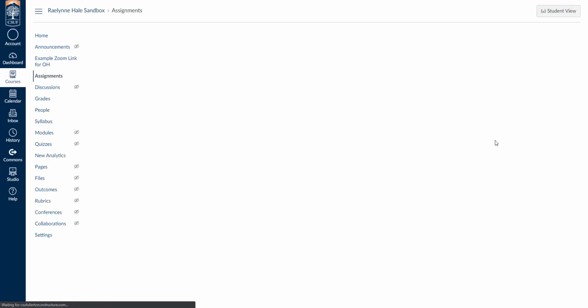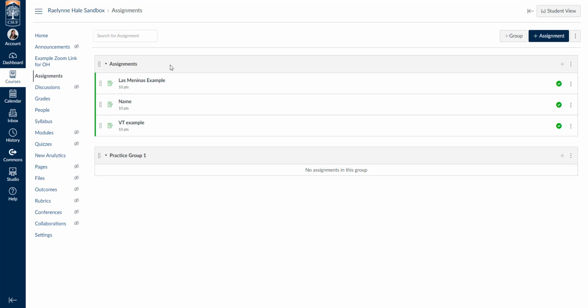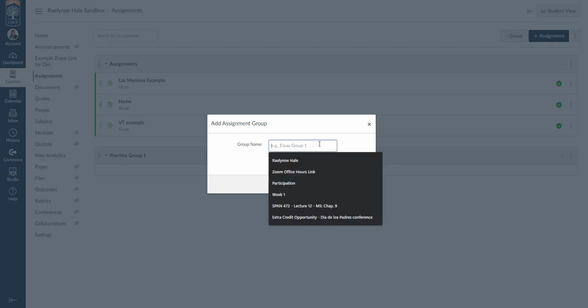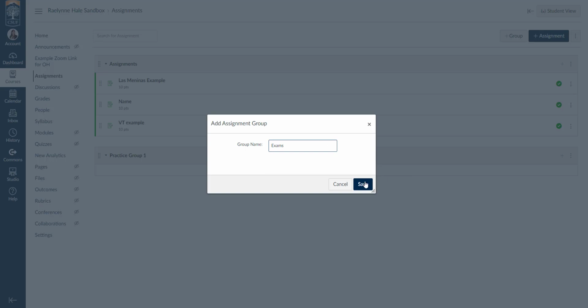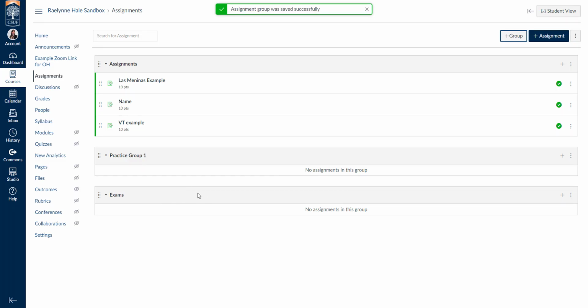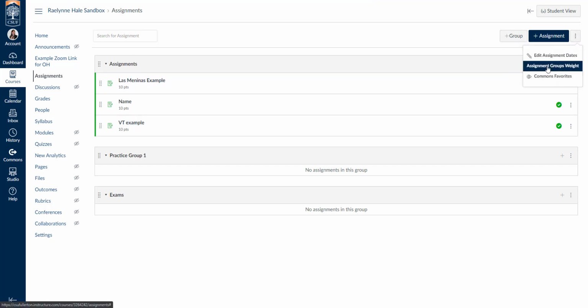So if I go back from Student View and back into assignments, this is how I'm going to organize it for myself. The assignment groups are also really important if you're going to be weighting your grades. Let's say that Practice Group 1 is going to be 50% of the grade and the other assignments are going to be the other 50% of the grade. Or let's say we also have another group for exams. So let's go ahead and add another group for exams. So let's say my exams are going to be weighted a little bit more than the practice group and then the assignments. In the top right corner, I'll click on those 3 dots again,